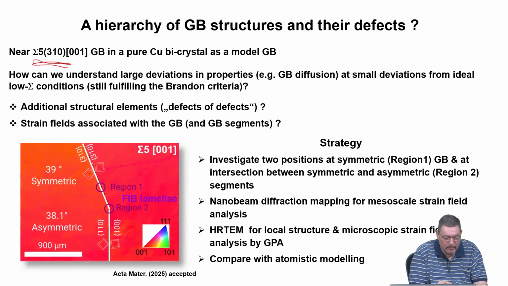And you see that you can in one grain boundary have symmetric parts of the boundary, but you also have asymmetric regions. And by focused ion beam, sputtering with an ion beam in the SEM, you can select local regions, and so you can cut very small pieces of a material and then look specifically at different regions, so different types of boundaries from the same material.